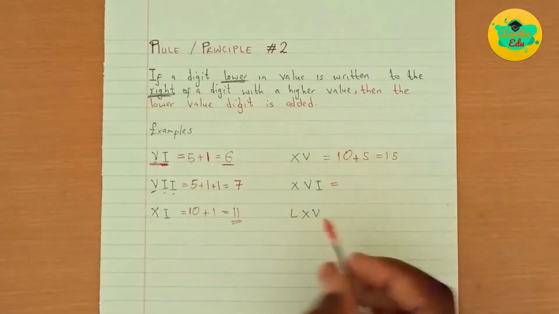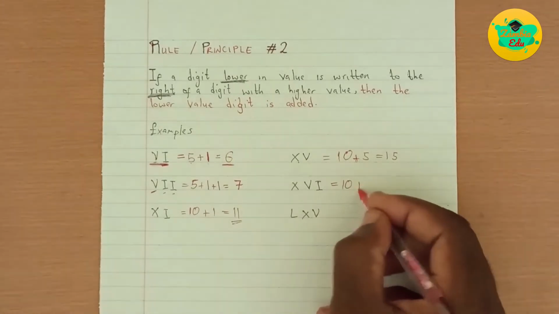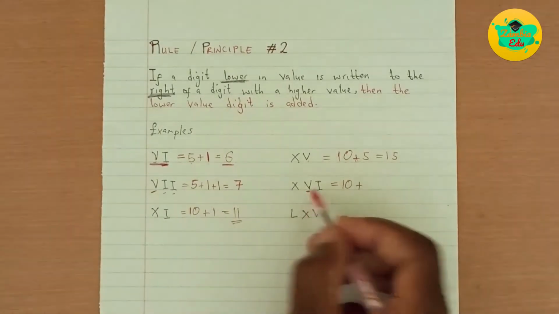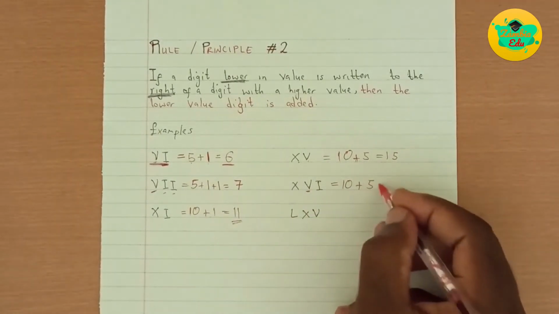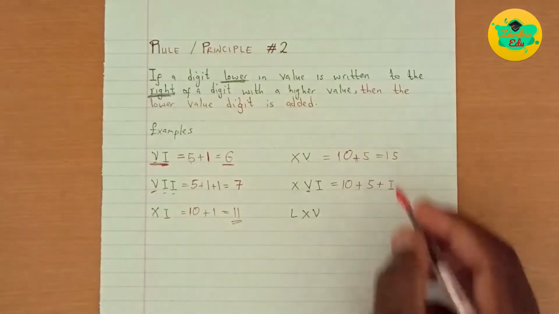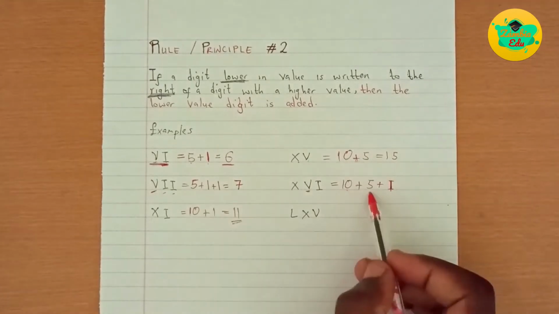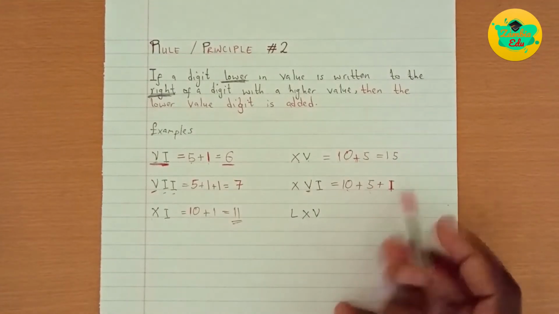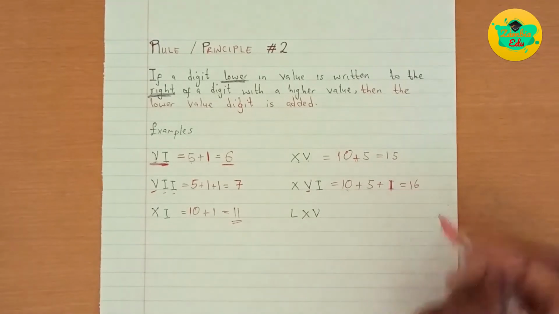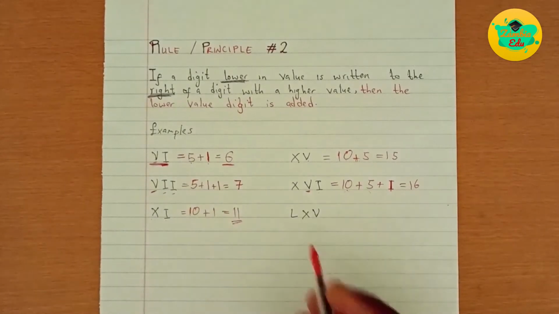Okay. The next example, you have 10 plus 5 plus I, which is 1. Oh, pardon me. 1. 10 plus 5, 15 plus 1, it gives us 16. And our last example under principle or rule number 2 is